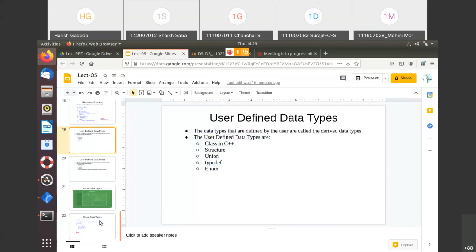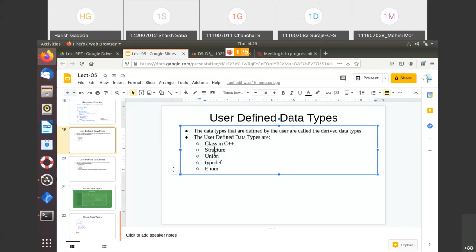So these are the user-defined data types. Classes in C++, I have not taken because it's a very different concept. When you understand structure, it is an extension of the structure. Structure and union, tomorrow I'll tell you. And typedef, I already told you, using this typedef keyword you can create your own data type and use it anywhere in your program.